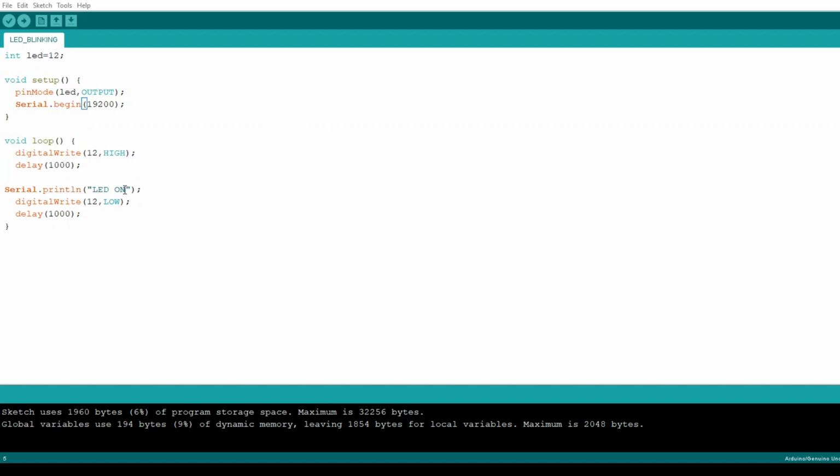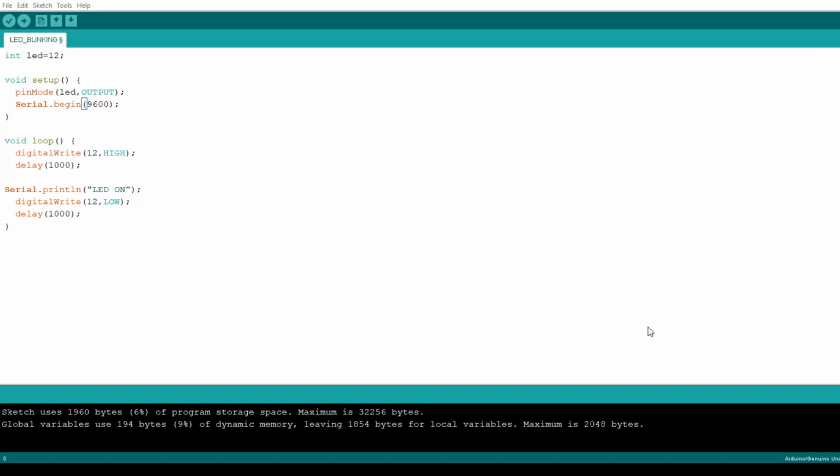Here is the LED on data, received the same. Since I am giving a delay, the LED on is printed after some delay. The baud rate is maximum 9600 here. So don't forget, whatever baud rate is given in this line, the same baud rate is given in the serial monitor.